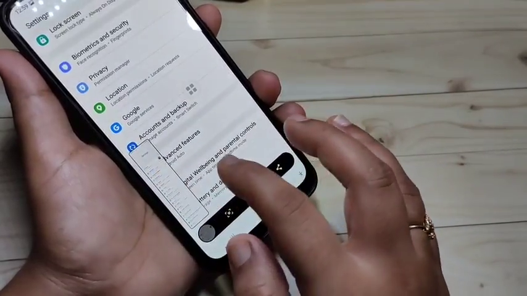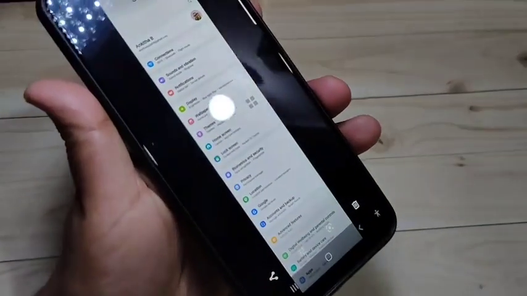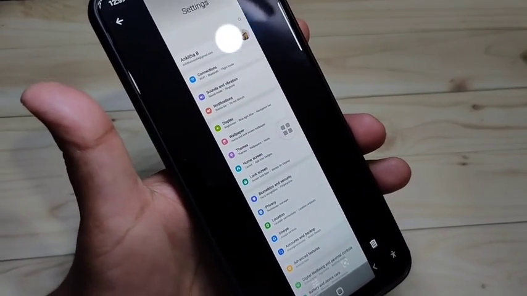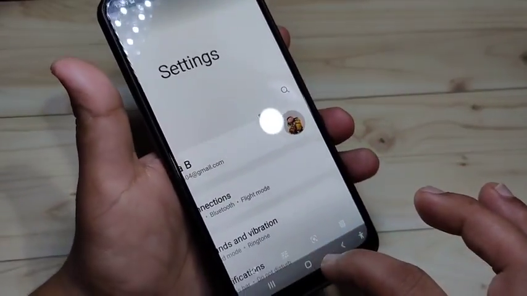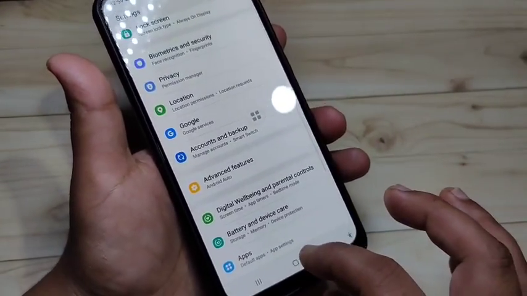After that tap on the image. Now you can see the screenshot is here. Long screenshot. If you zoom in, now you can see it is very clear. So simply in these ways you can take a screenshot in this device.